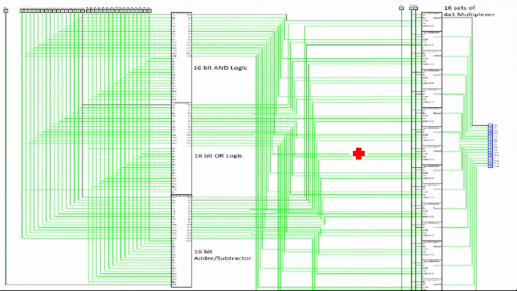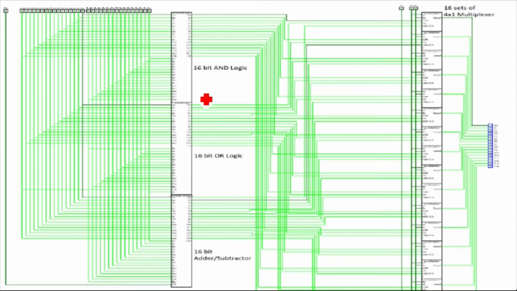Now this is the circuit we have taken. It's tough to see here because it's a very complex circuit. So here you can see these are the A0 to A15 inputs, these are the B0 to B15 inputs, and we have connected these inputs to the AND IC, OR IC and ripple adder. All inputs are common. You have to remember this, all inputs are common. Now you can see this first input is connected to the first mux, this second input is connected to the second mux. Similar way third mux, fourth mux, fifth mux, and it goes up to the 16th mux.